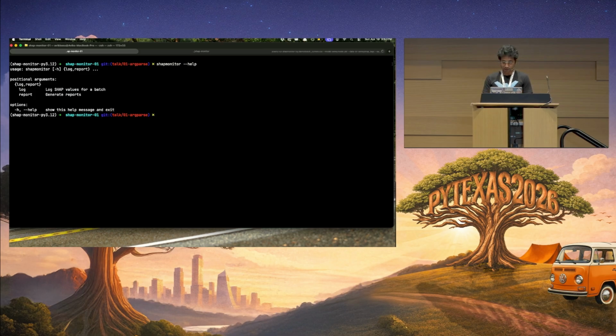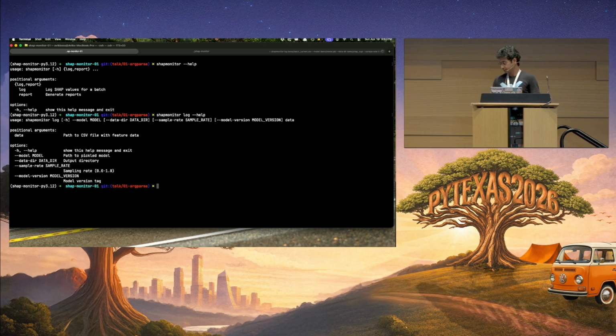Now let's do log help, and it will give us the attributes or the flags that we can have. Now let's log something here. You can see what all it takes. It takes some data, and it takes the model.